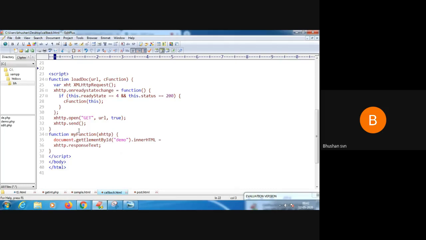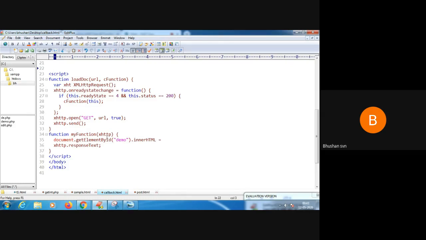And I'm sending a request to execute the loadDoc function. In turn, loadDoc has two parameters: one is your text file and the other is a function. So I'm defining the function: function is equal to myFunction, and xhttp.